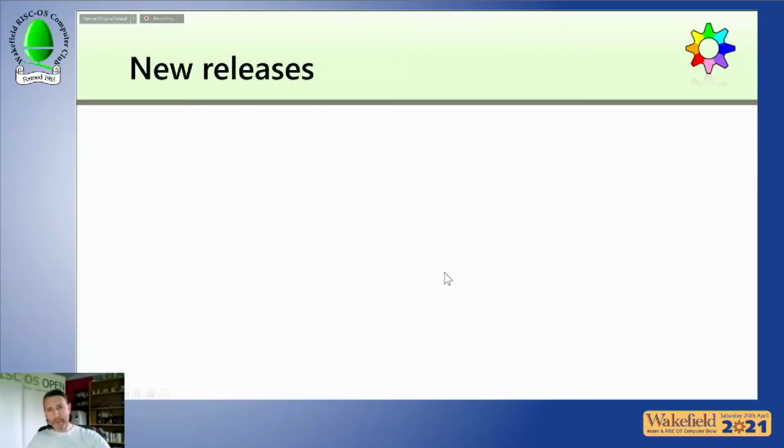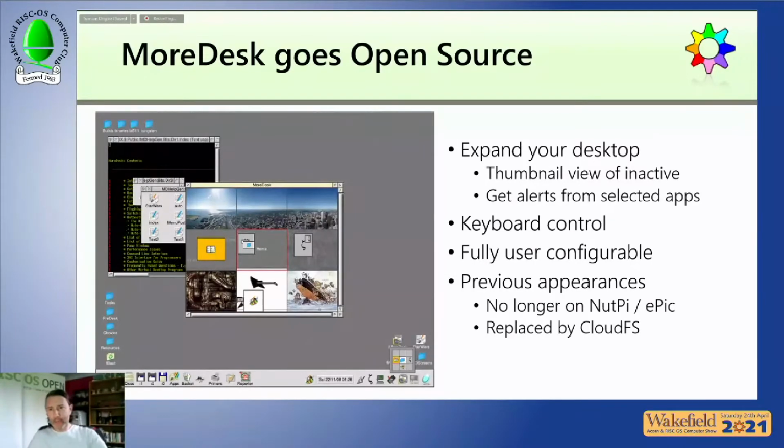So some other things that have been released, these are not really bounty related, they're just other things that have happened. Moredesk, which is something I wrote back in the day. It has been a commercial application up until very recently, and I made the decision to open source it. So now it is available for free for anyone to use, and it is a very powerful virtual desktop manager,